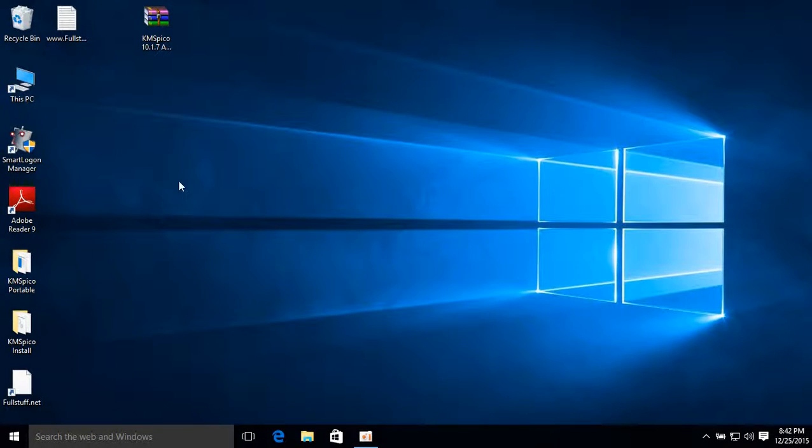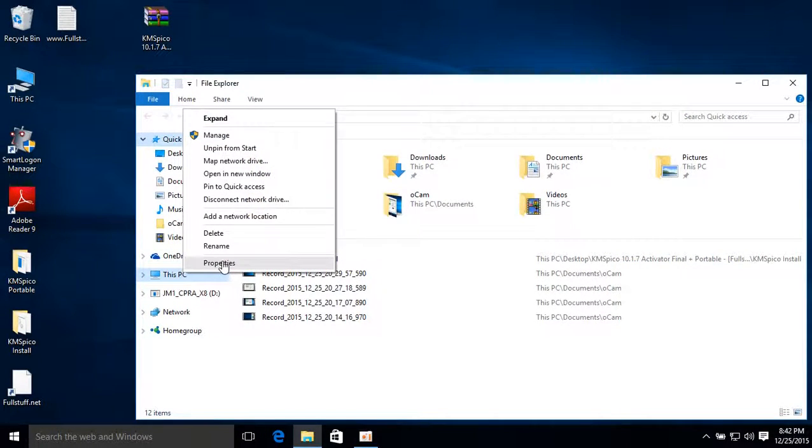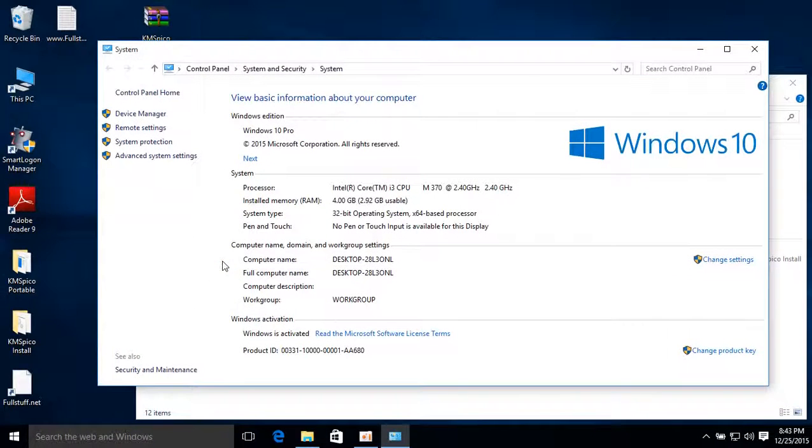After that, you go to see the Windows activation status again. Is it done or not? Right click on Properties, and then you will see Windows is activated. Windows is activated, so it means that now my Windows is full.